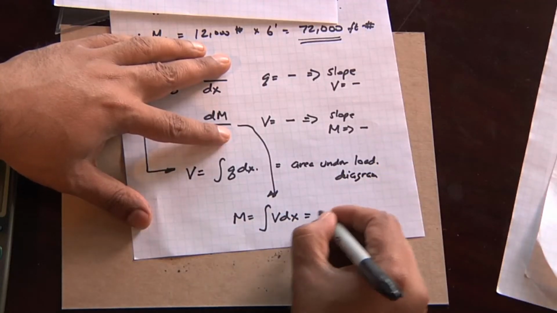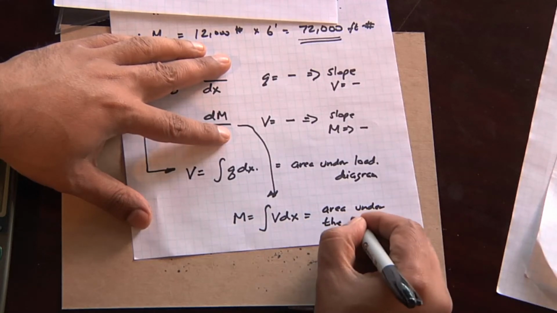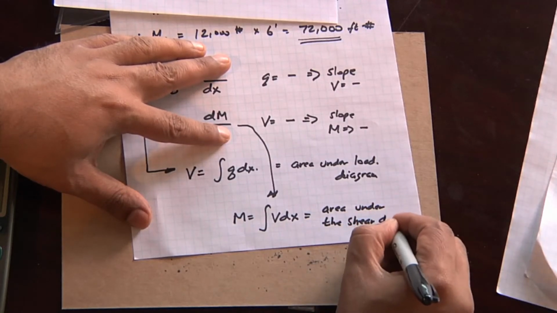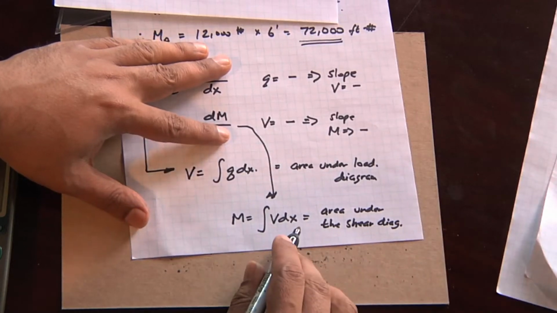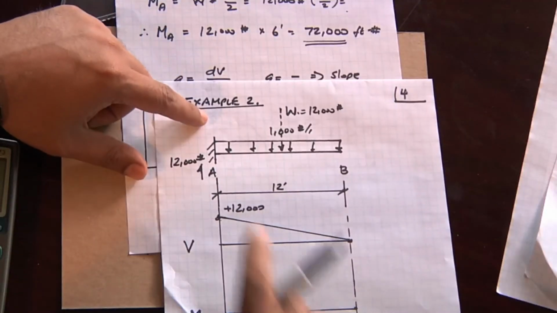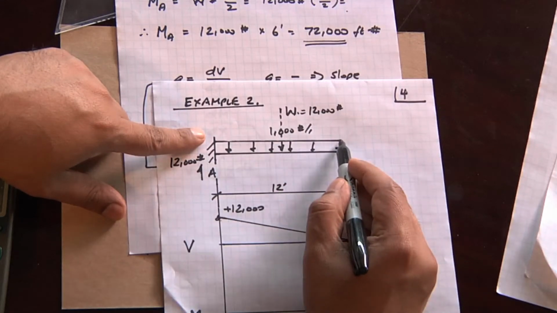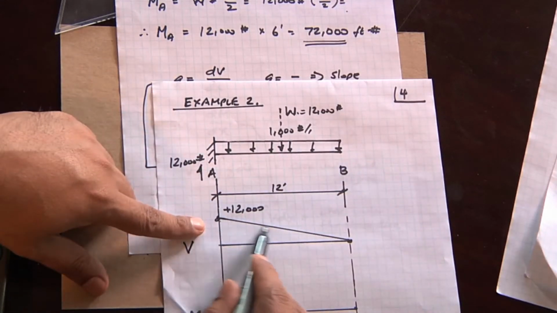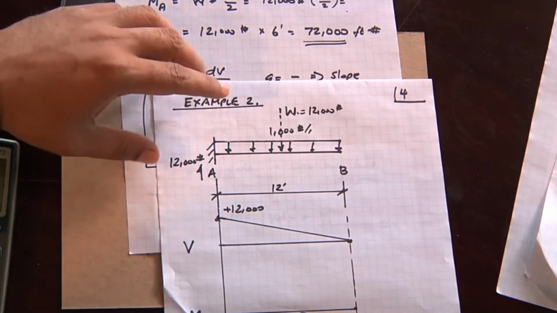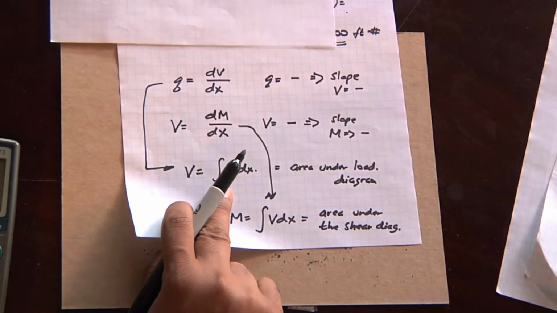And here the moment is the area under the shear diagram, just using basic calculus. But I don't want to make things complicated for you. So when you look at this load diagram and it's a constant, you automatically know that the shear is going to be a linear diagram, because from basic calculus, if I integrate a function, we'll do this for you in a moment,